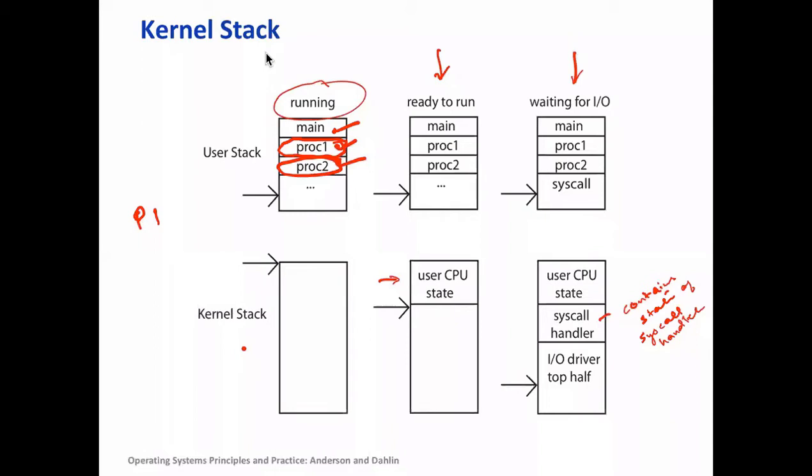There was another state when the process is waiting for IO. It's not in ready state yet, but the process had made a syscall, and then OS has started IO. Then what will happen? Of course, here we have some state corresponding to the syscall that the process has made, in user state, some variables or some parameters, etc. And while in kernel stack, what all we will have?